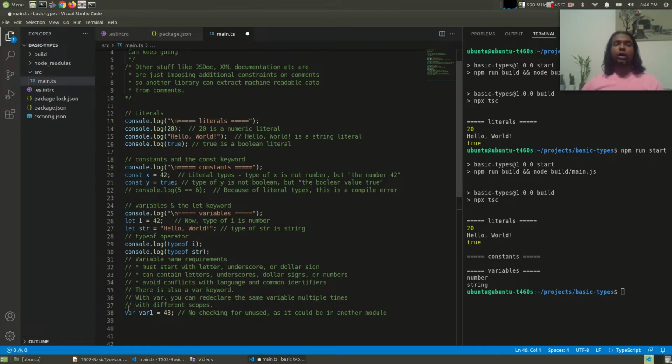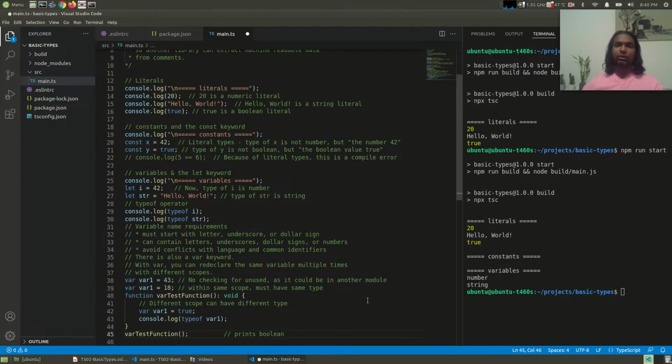There's also the var keyword in TypeScript just as in JavaScript. With var, the difference is you can redeclare a variable multiple times. Within the same scope, the variable must have the same type, but in a different scope, you can redeclare it with a different type as well. So here on the second line, we are redeclaring var1 again with the same type, and that's fine. Inside of a function, we redeclare var1 as a boolean, and that is also fine as long as it's in a different scope. If we run this code,